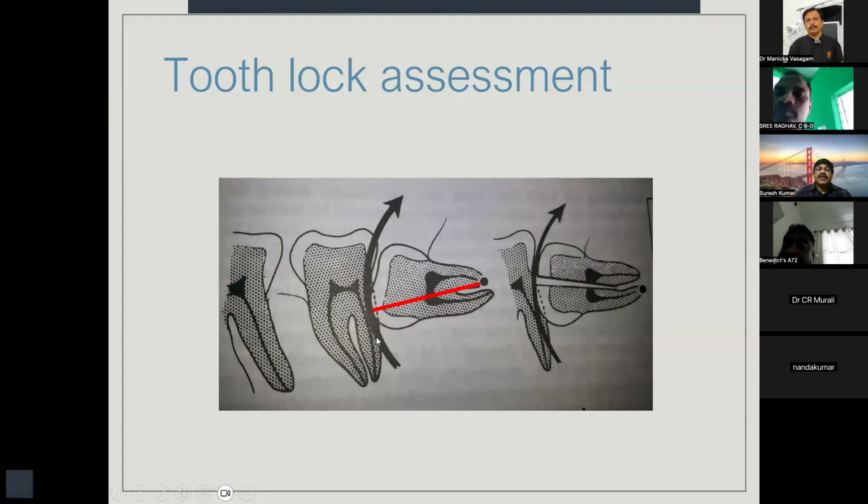If you find it is running through the shadow, like how it is shown in this picture, it needs to be sectioned. The third molar has to be sectioned to remove it gently without damaging the second molar. Like this, you section the tooth into 2 halves and remove one by one.